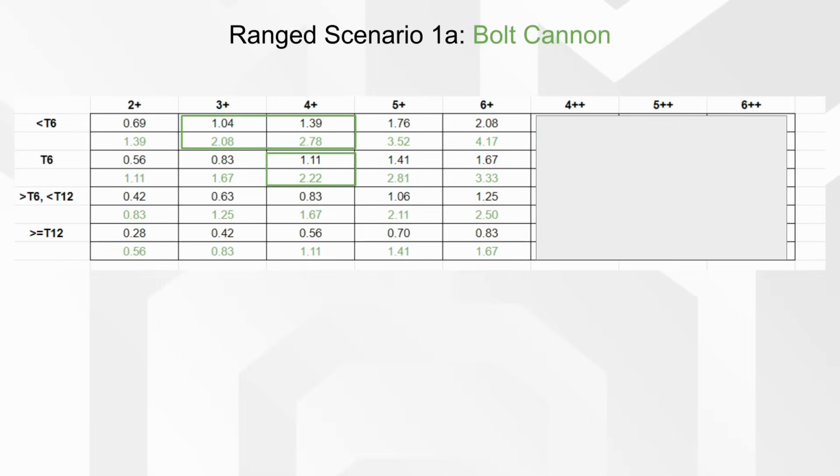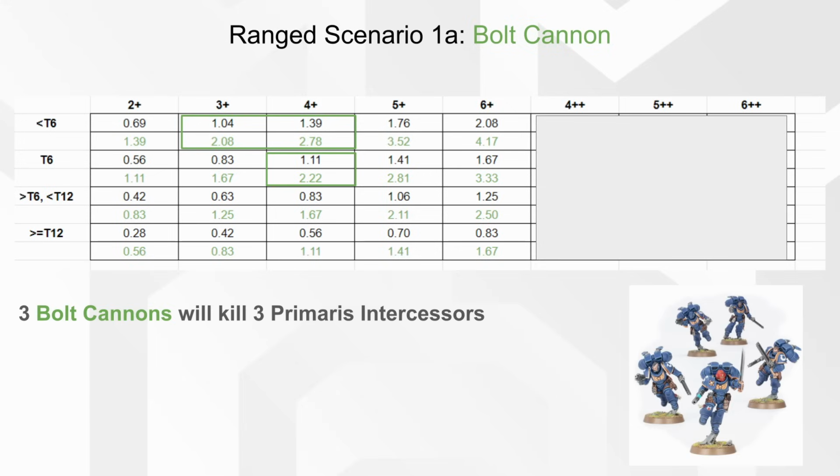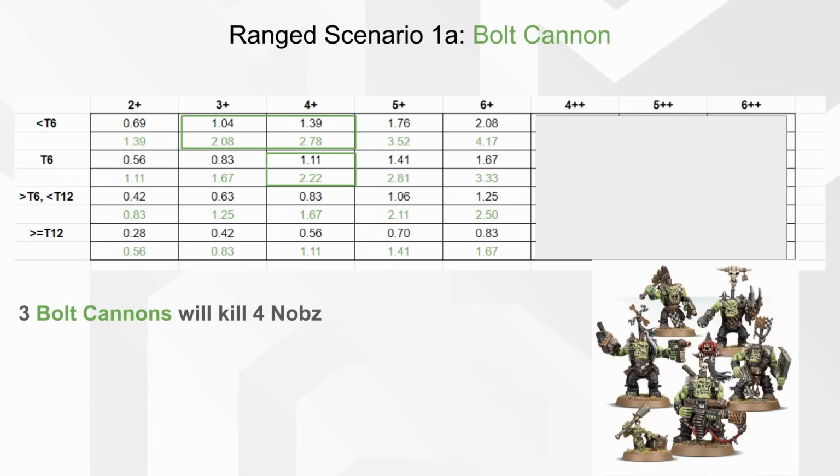Alright, so what about the numbers we first identified in green? Well, if we take a look here and plug in a Primaris Intercessor body at less than toughness 6 with a 3-up base save, we see that 3 bolt cannons will kill 3 Primaris Intercessors on average. Using another example, we plug in some knobs. We see that 3 bolt cannons kill about 4 knobs on average. So again,